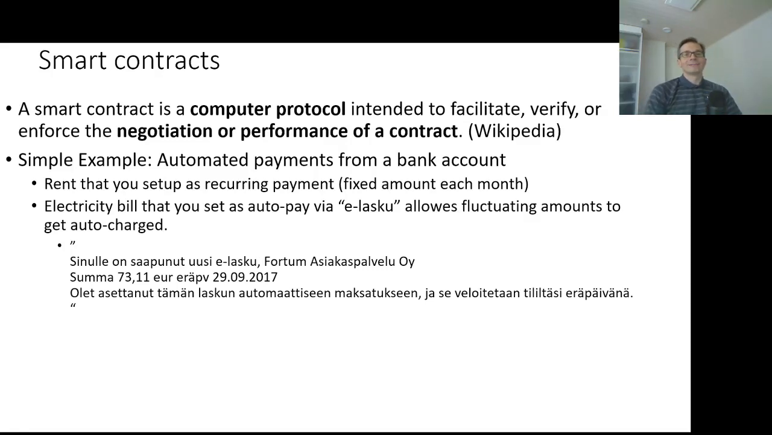In the slide, you can see the text. It's in Finnish, and it is from one of my electronic bills that have been auto-paid from my account. It basically says that the new e-bill has arrived from Fortum, which is my electricity company. It says that the amount is 73.11 €, says that the due date is 29th of September 2017, and finally it concludes that you have set this e-bill as automated payments and it will be charged from your bank account